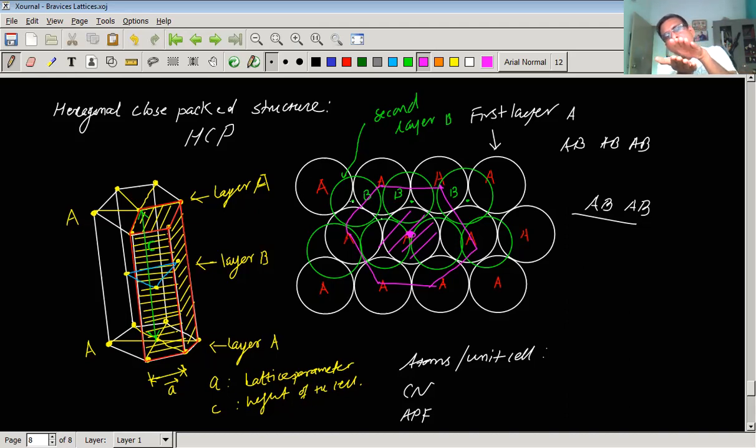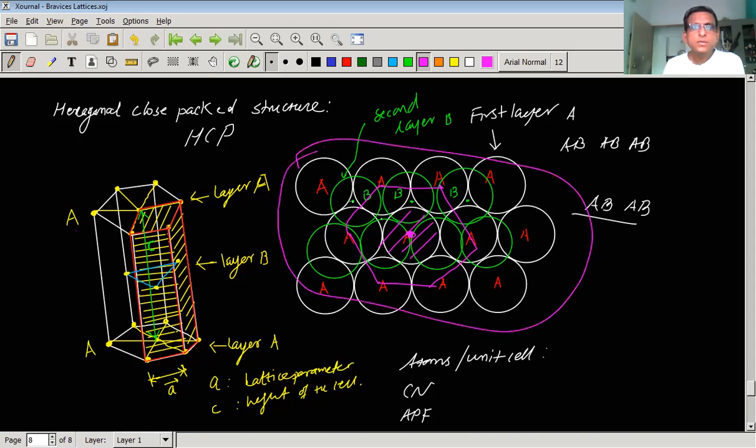So what will happen? The base will be hexagonal, and in between there is a second layer of atoms. Such an arrangement of atoms is obviously close packed, because it is triangular shaped also. You can see here, this is also triangular shaped packing, isn't it? Such a type of atomic arrangement gives rise to what we call a hexagonal close packed